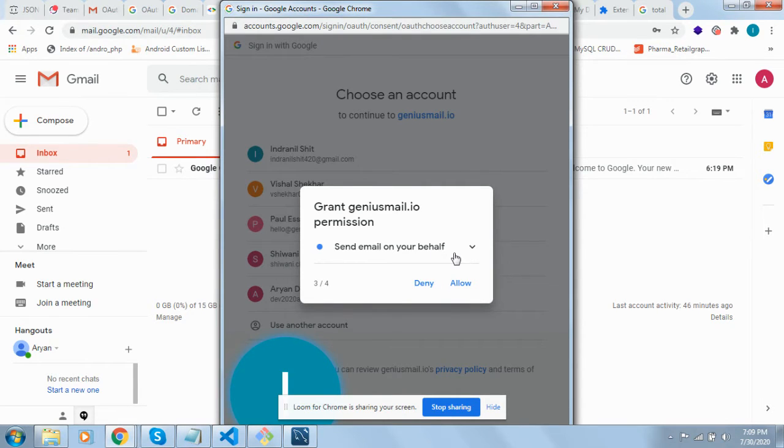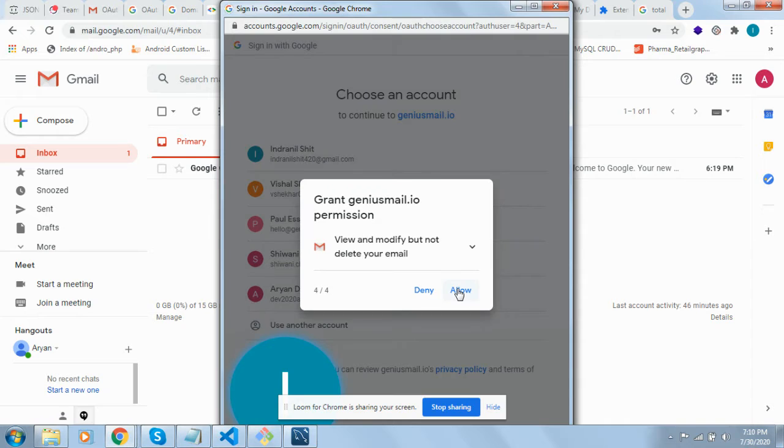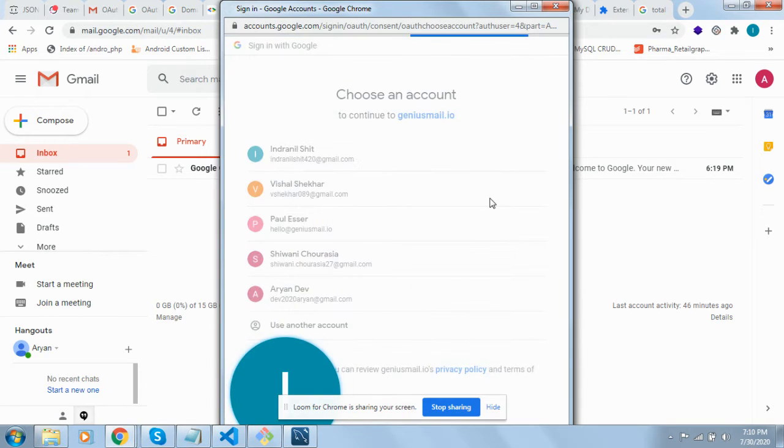See, send email on your behalf, like we are sending emails on the user's behalf, so we have to give this permission also. And view and modify but not delete your mail. As we are tracking the addresses you are going to send your mail to, and whether that particular person has replied to your mail or not, we are tracking these things also. So we are reading and modifying your mail for that specific functionality. Okay, so once you allow it from here,